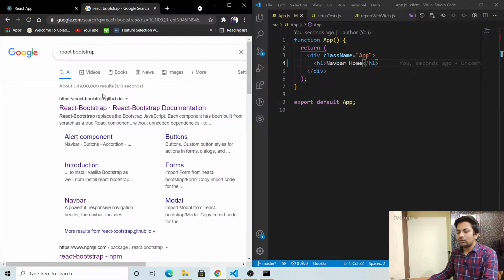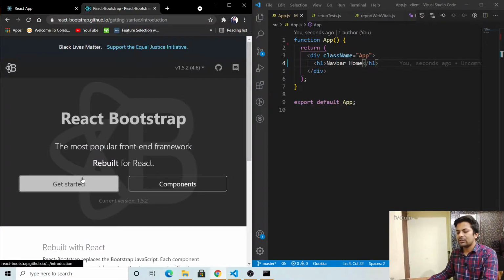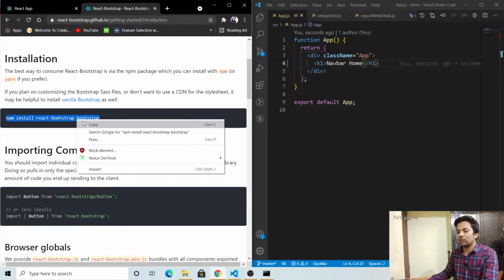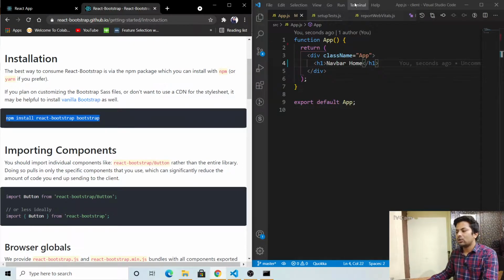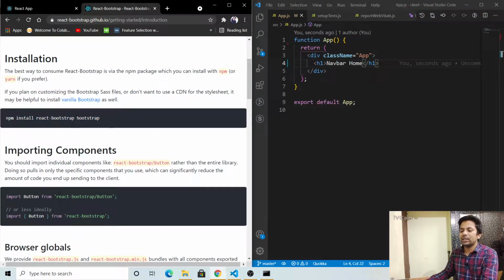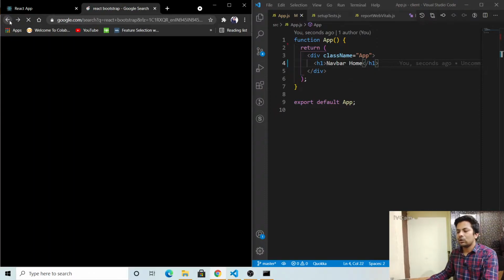So in React Bootstrap, just go there and click get started. See, this is the installing of React Bootstrap. You have to install React Bootstrap and Bootstrap also, so both the things. So just copy it and go to the terminal and just paste it. I have already installed it, so it will just show me that you have already installed. So you can just install both things like this,